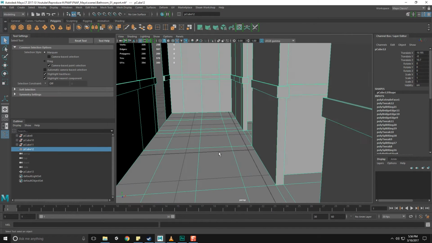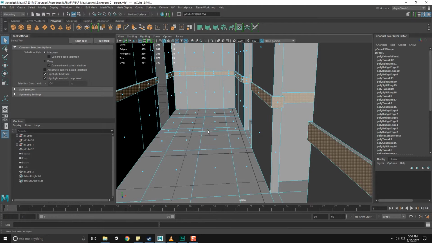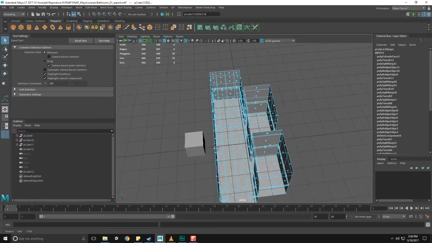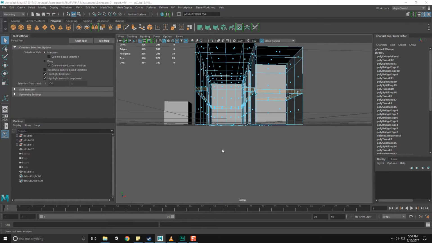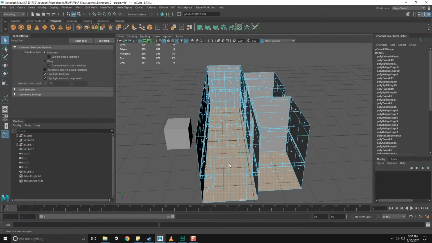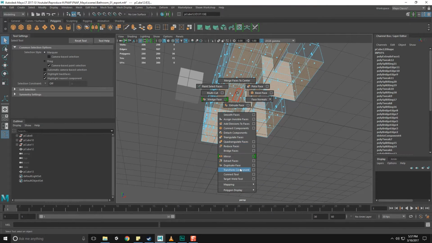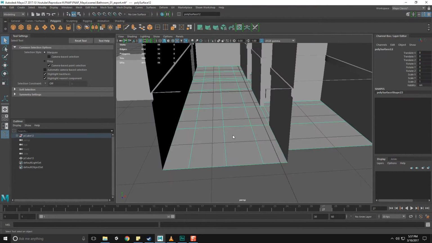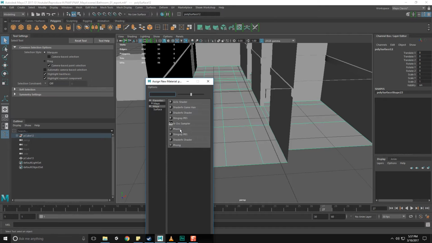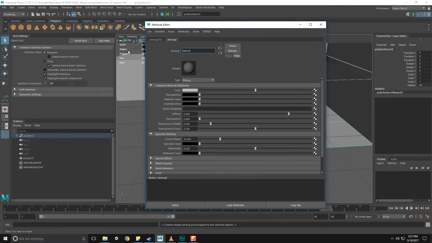The floor first. But I'm going to want to separate the floor from everything else. So we're going to end up going into a side view and then just selecting all of the bottom. And then we're going to shift right click and extract the floor from the rest of it. Now we can assign a new material for this object, and we're just going to call it checkerboard kitchen, or